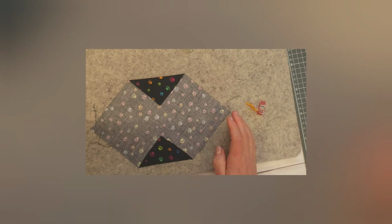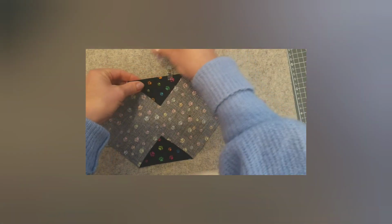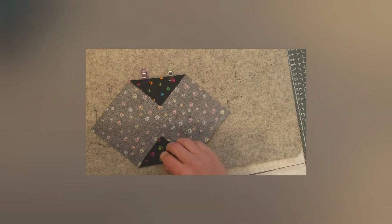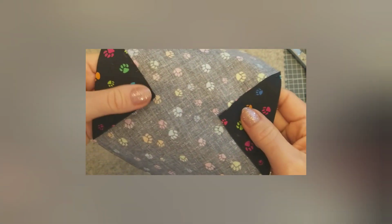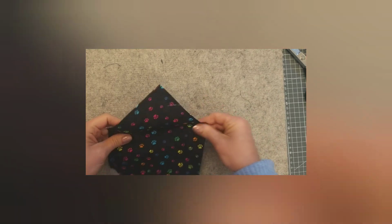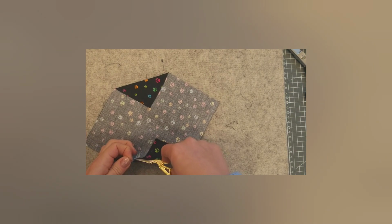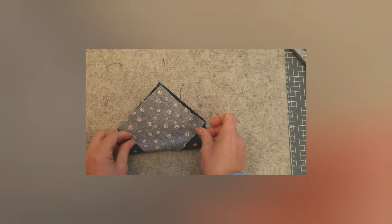There we go. Okay, so take that to the sewing machine and just tack back at the start and the finish to secure it. Once you've sewn those corners down, next thing that you want to do is to fold it in half. Just snip these little edges here, and you want to fold it so that you've got the right sides together,